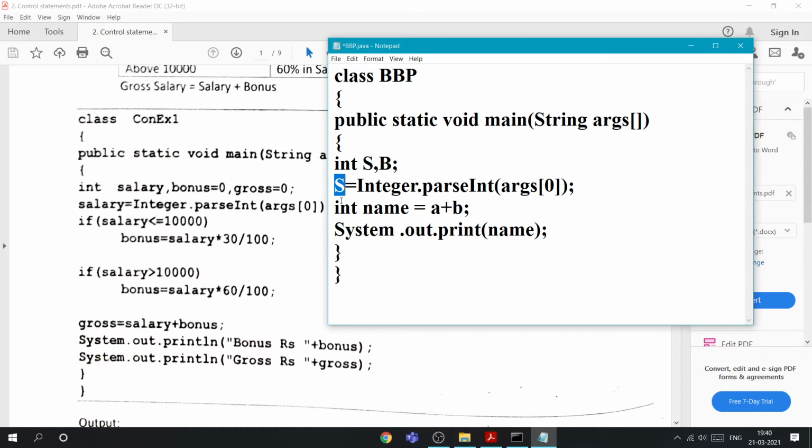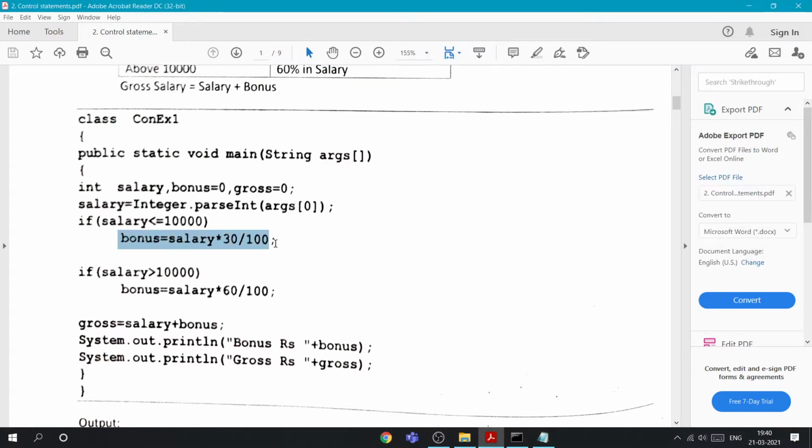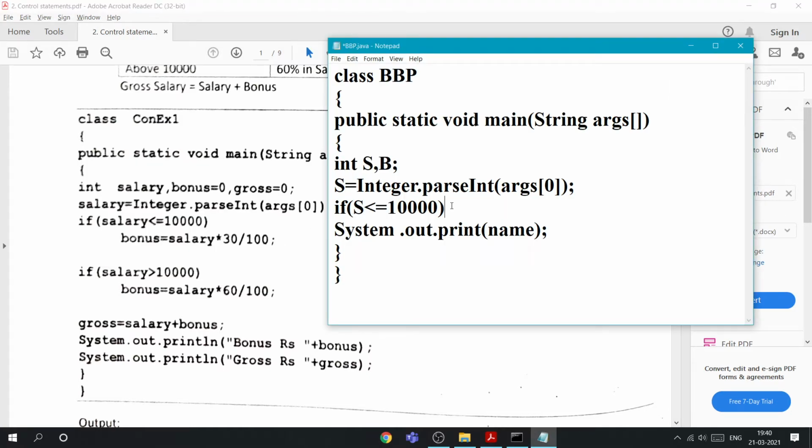Now what we'll do, we need to write the if condition, right? So if s is less than or equal to 10,000, if it is a single line statement or a single line of code, you don't need to keep any curly brackets.